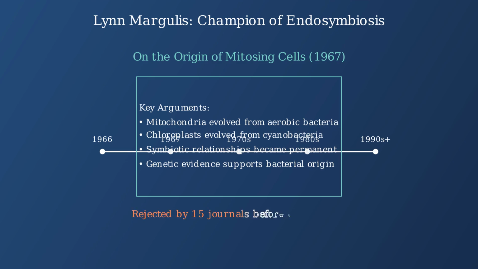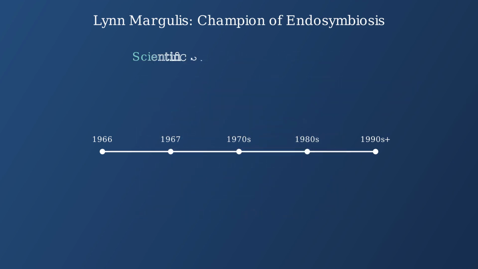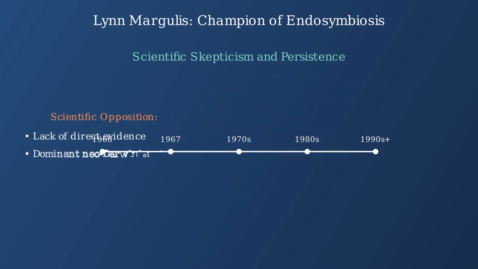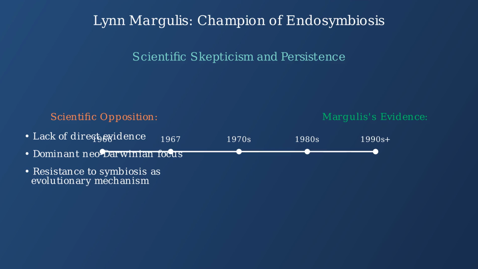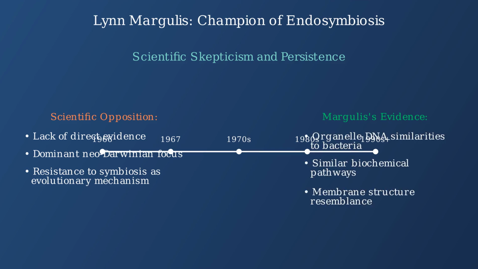Her paper was initially rejected by 15 different scientific journals, highlighting the resistance to her revolutionary ideas. Despite the revolutionary nature of her ideas, Margulis faced significant skepticism from the scientific community throughout the 1970s. But Margulis persisted, gathering evidence to support her theory, including similarities between organelle DNA and bacterial DNA, shared biochemical pathways,